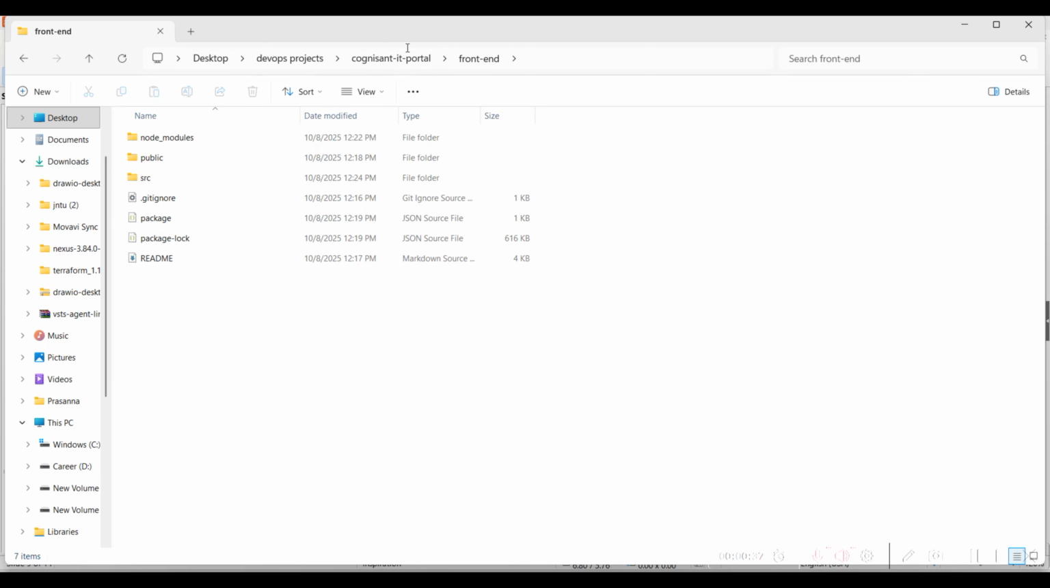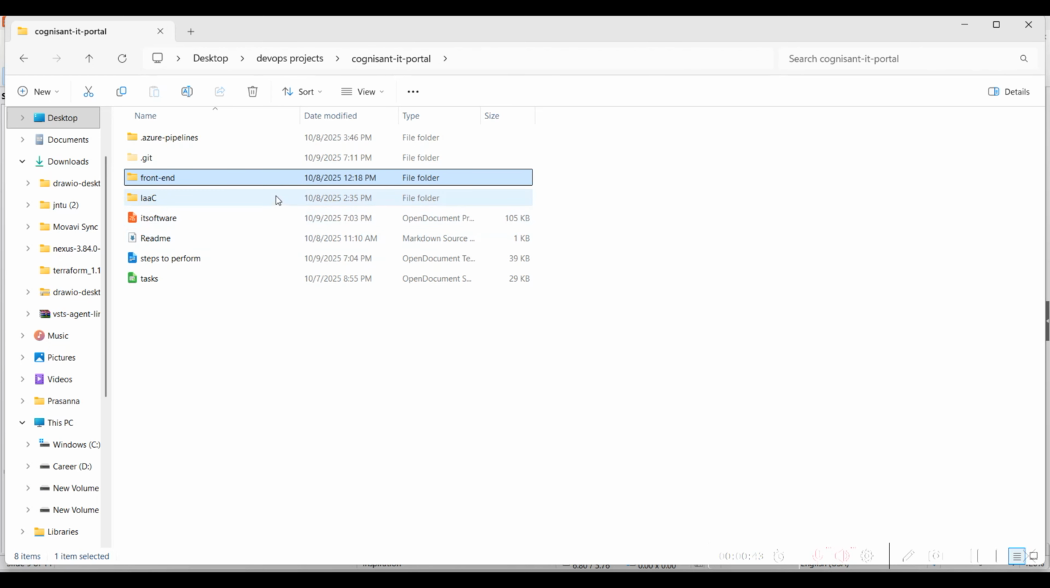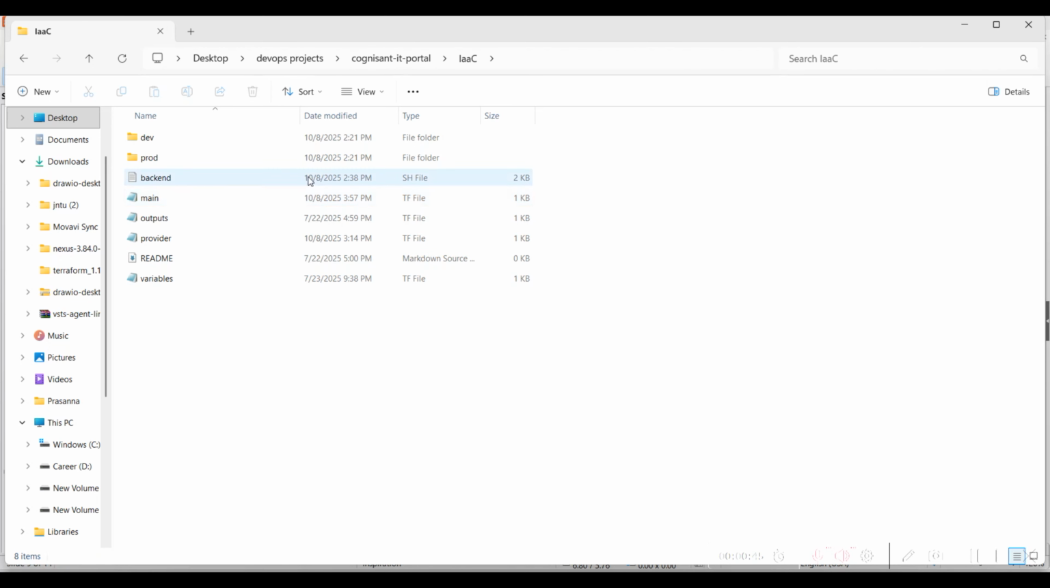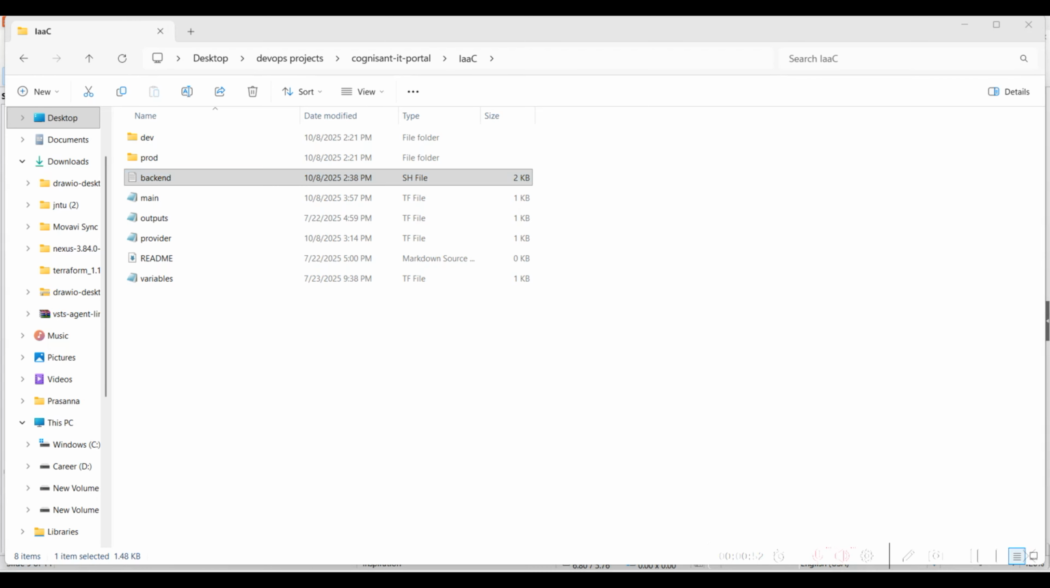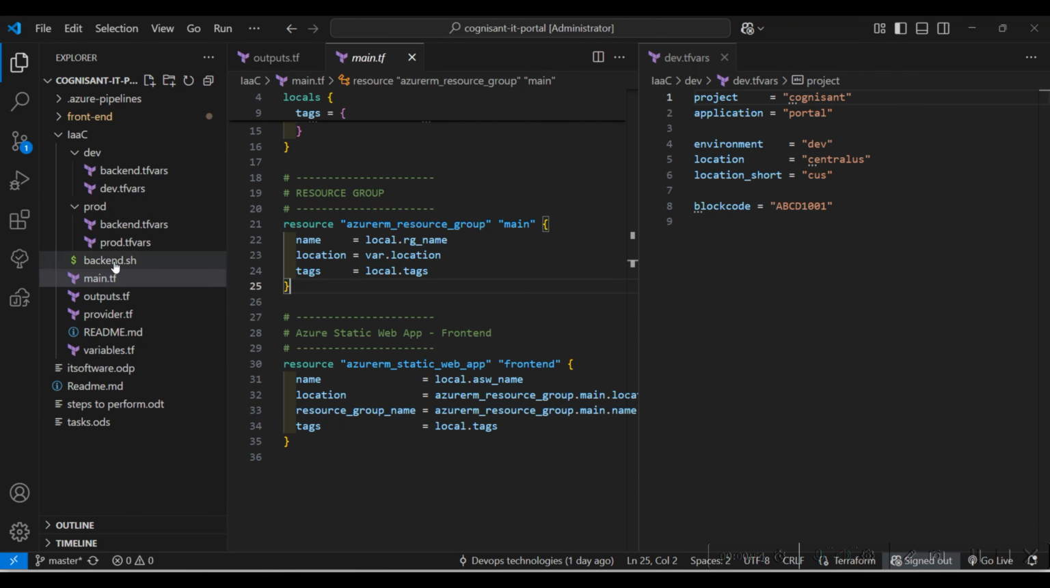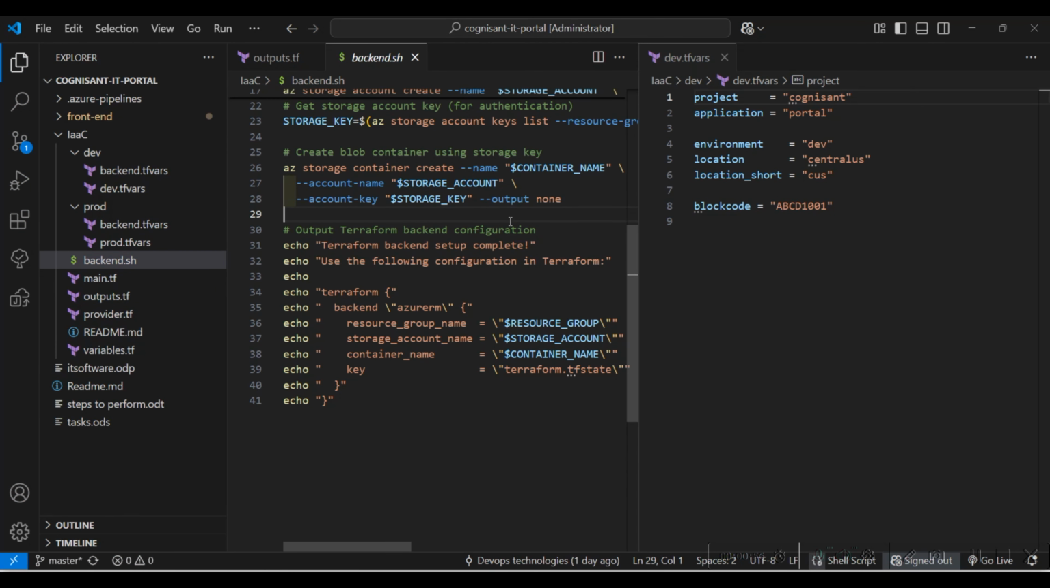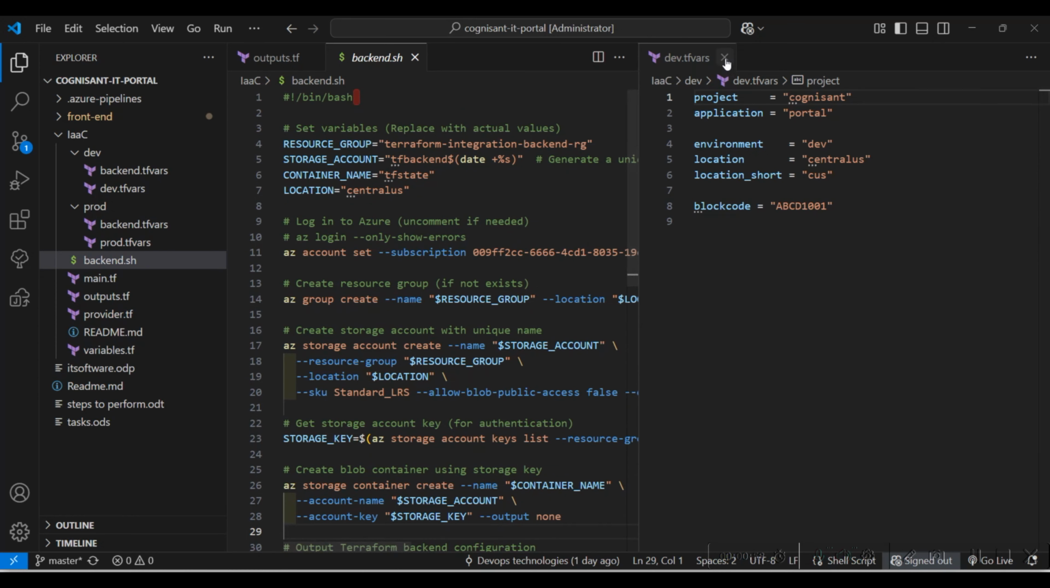Okay, so there is a script. You need to execute that script. Come to the IaC folder. So we have a script here itself. You need to execute it in the